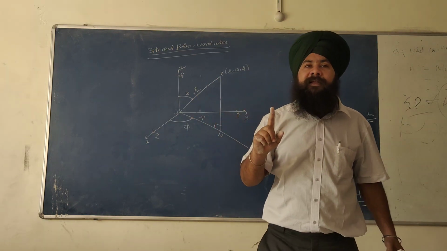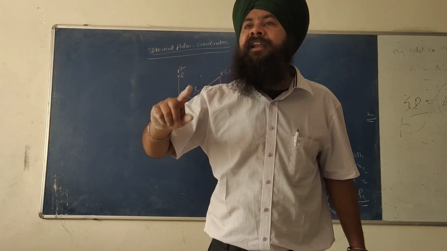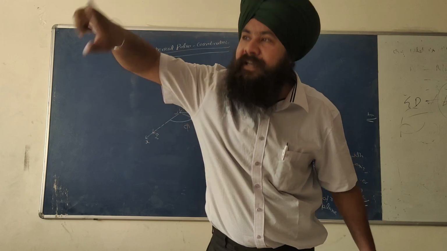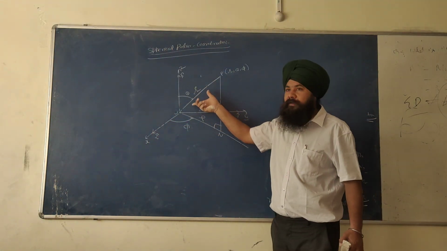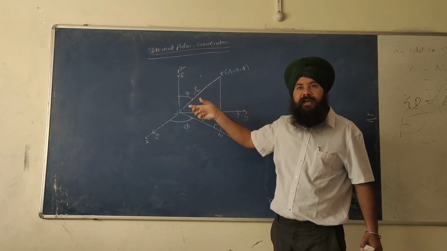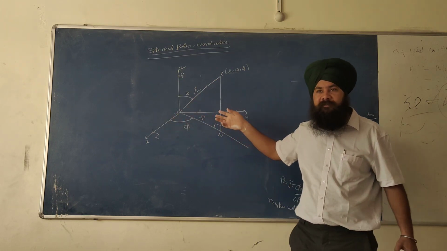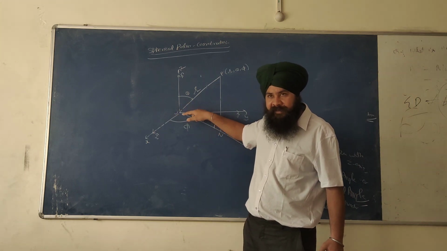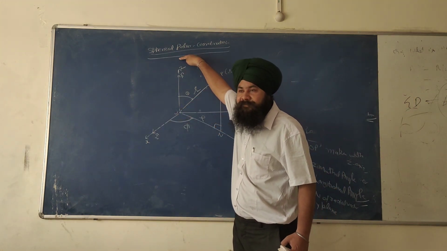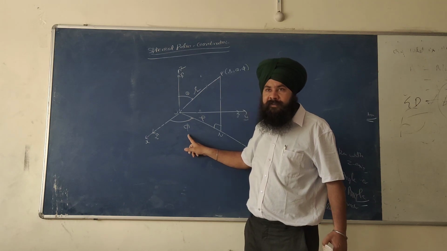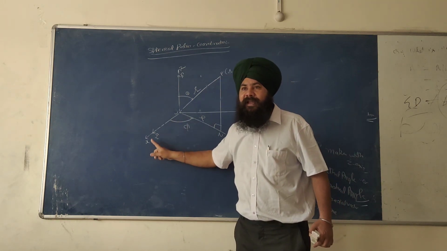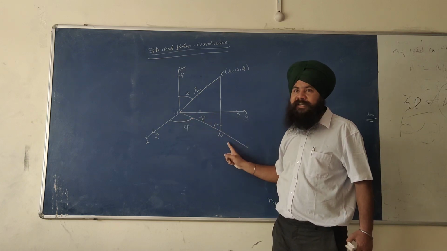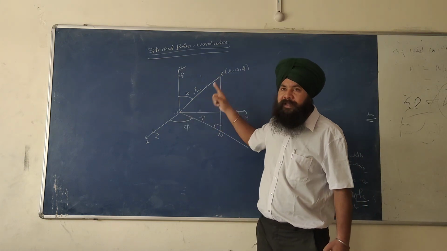So now we have defined three variables: r, radial distance, theta is the angle between radial distance and z axis. r का लेक्चर बहुत इंपॉर्टेंट है. 5 मार्क क्वेश्चन होता है. डिफाइन रिलेशन बिटवीन स्फेरिकल कोऑर्डिनेट सिस्टम एंड कार्टेशियन कोऑर्डिनेट सिस्टम. ये क्वेश्चन हर बार आता है तकरीबन 5 मार्क्स में आता है, इसलिए मैं बता रहा हूं. r is the radial distance, theta is the angle between the radial distance and z axis. Last, phi is the azimuthal angle, which is between the x axis and projection ON, and ON is the projection of OP in xy plane.